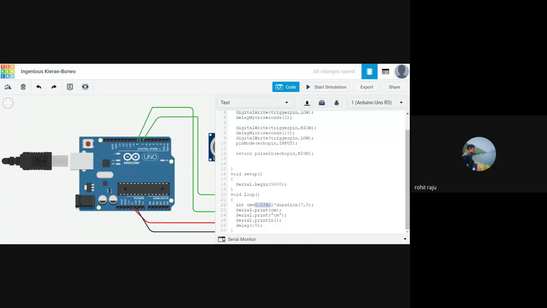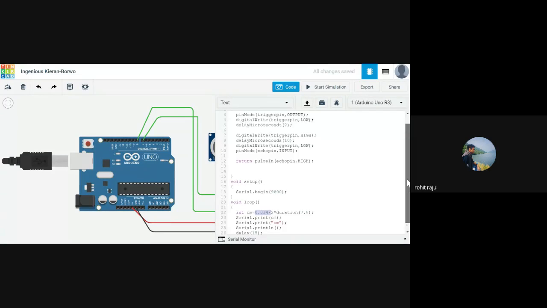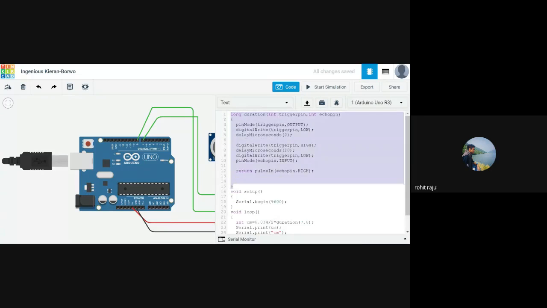As soon as we arrive here, the control immediately shifts to this part of the program. So this is the function which I have written. This is the return type, and these are the parameters. We supplied 7 and 8 here, right? The 7 goes and stores in the trigger pin. These are actual parameters, and these are the parameters which we'll be working on in the function. So 7 gets stored in trigger pin because we connected this transmitter to 7, and this 8 goes and stores in the echo pin. And this function returns time rate.